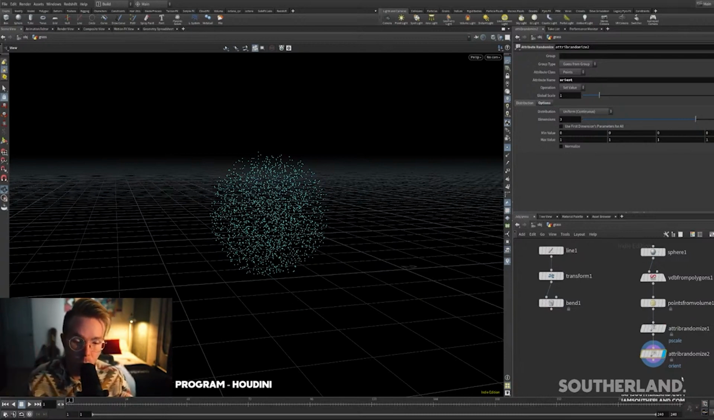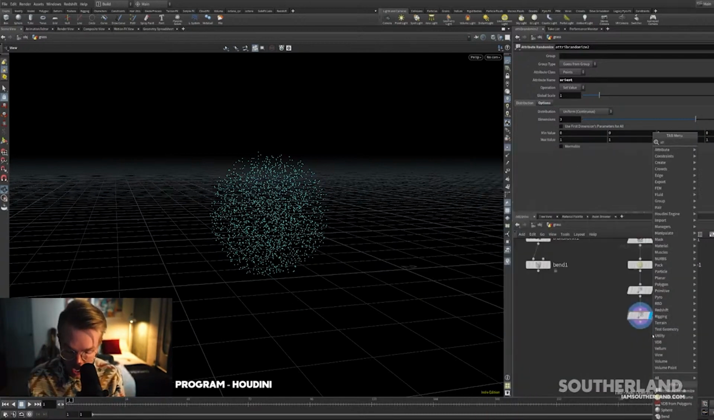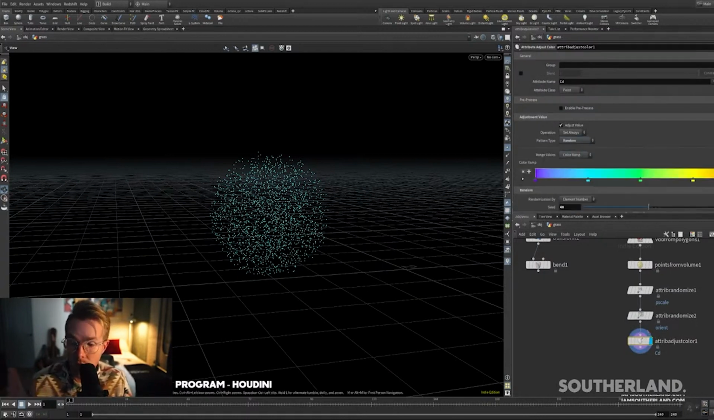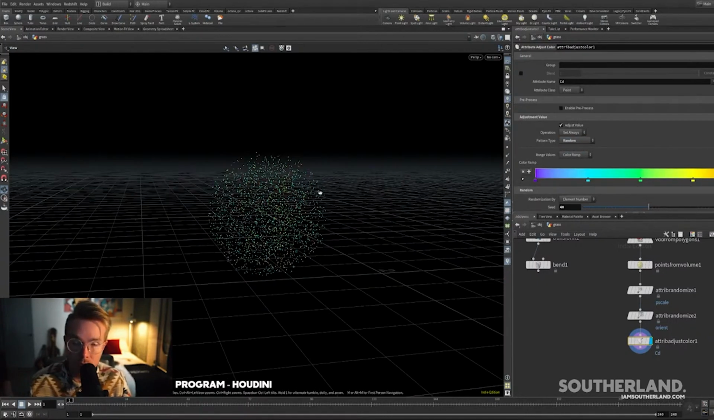Anyways, so now we're going to add some color to it. Let's go attribute adjust color, if I can spell, which I still can't. I need to go to school for that. We're going to come down to adjustment values, and we're going to say random. So that's going to randomly give our points some color. There it is. I had the points thing selected, so just turn off display points and you can see the